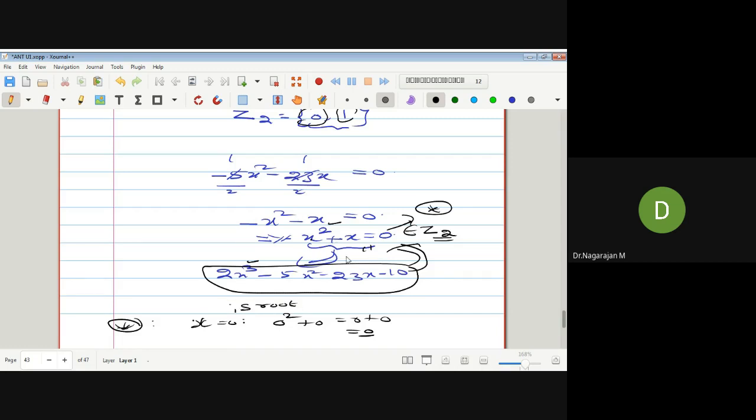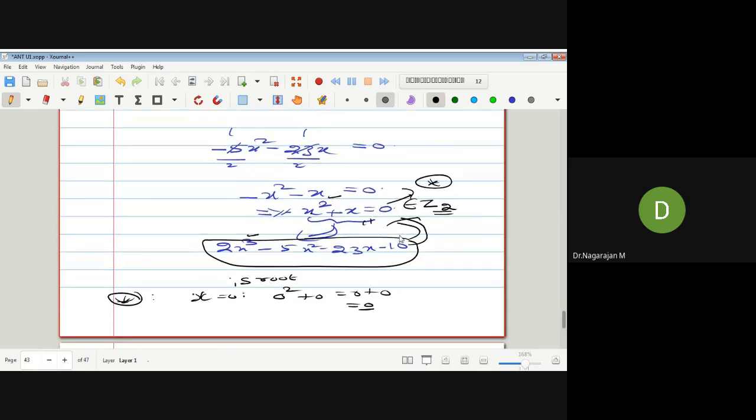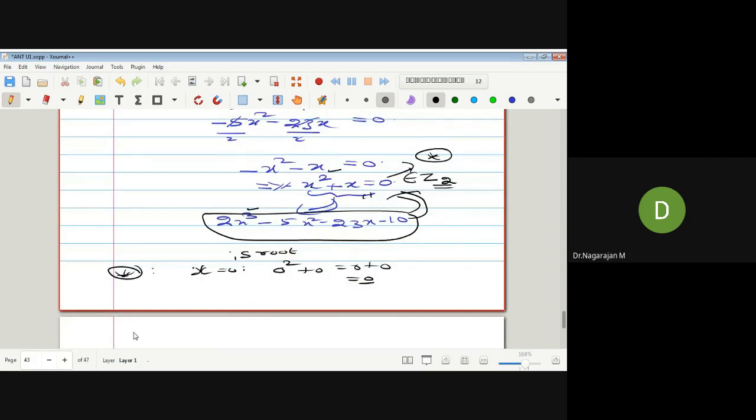Similarly, we can find the next one. X equal to 1. You want to put that in the star equation. Then what is the result? Star equation with x equal to 1 means 1 squared plus 1. 1 squared is 1, 1 plus 1 is 2, but it does not belong to integer modulo 2, so divided by 2 this is called 0. Therefore, that result is equal to 0.